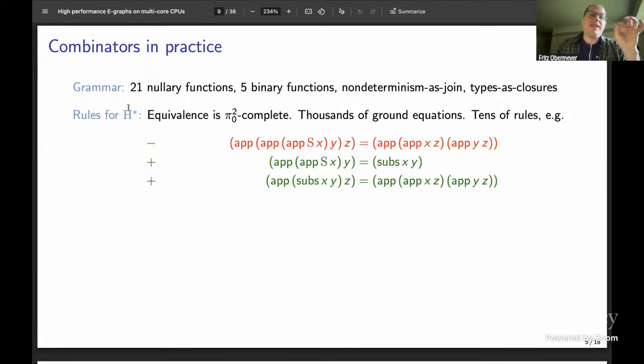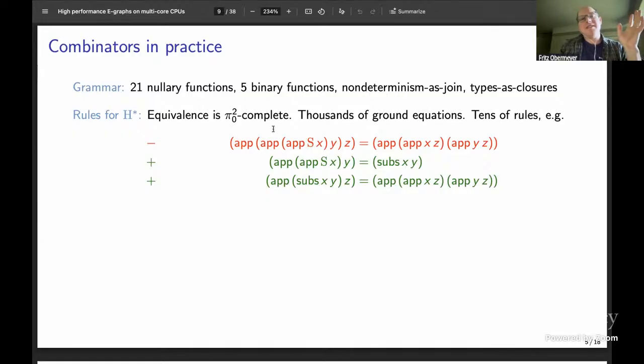Instead of just the beta and eta rules, I'm interested in stronger theories as well. From the e-graph perspective, there's a theory called H star, the theory of Scott's models of lambda calculus. H star is a really cool theory for us e-graph people. It's Hilbert post-complete. Hilbert post-completeness of an equational theory is the property that if you add any equation, the whole system collapses. You can think of it as maximally coarse: you have the most e-nodes per e-class in your e-graph. So this is the theory I'm interested in.